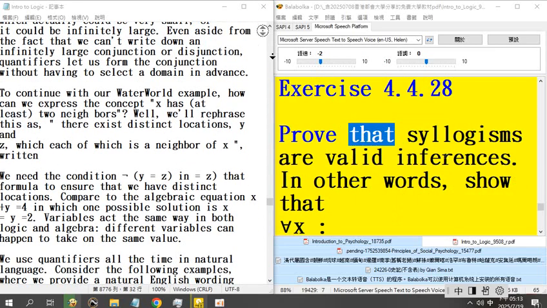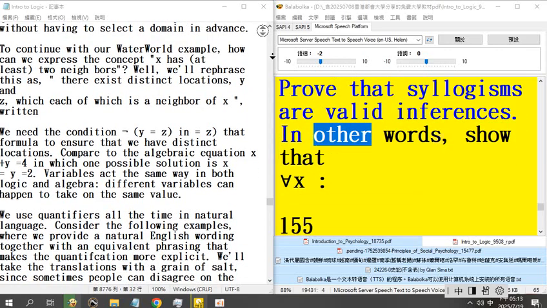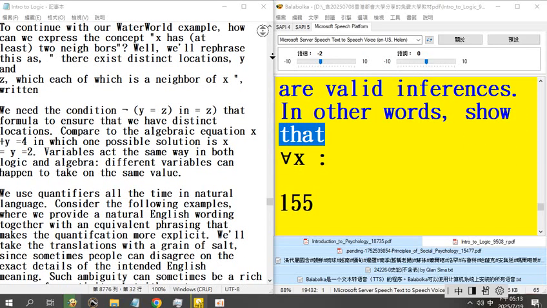Exercise 4.28. Prove that syllogisms are valid inferences. In other words, show that